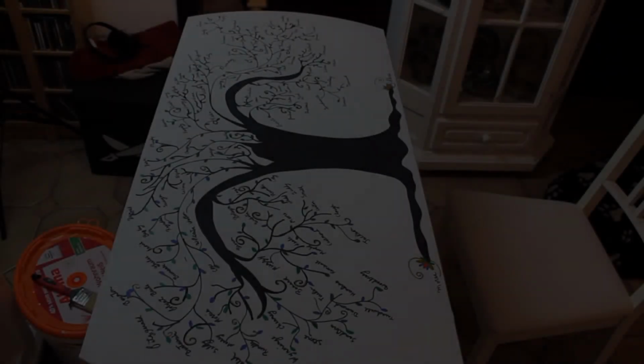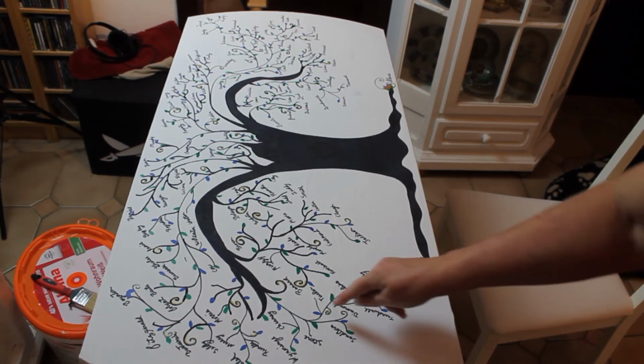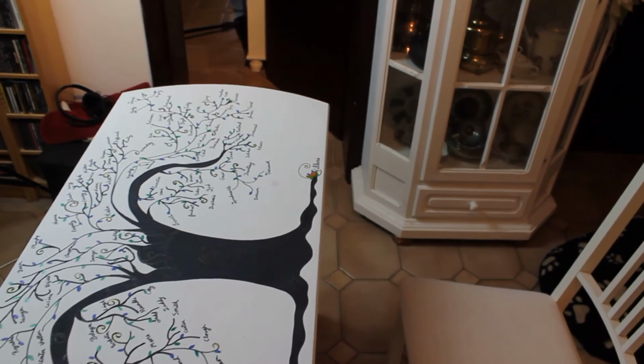So everybody, I am done with my family tree. I did everything I could. I added some blue, and then I added some gold to the swirl areas where I made. You don't have to do that. You could do whatever you want. And then I also, if you see,